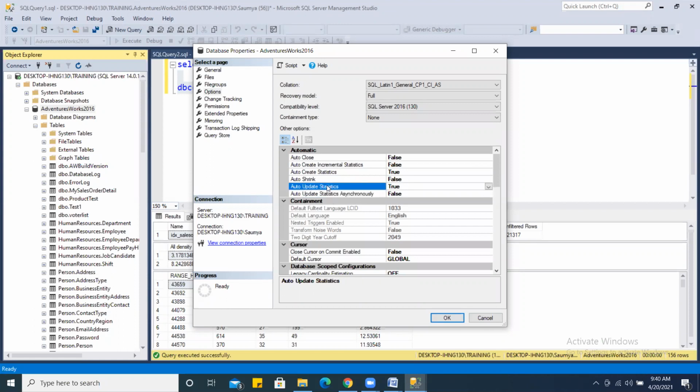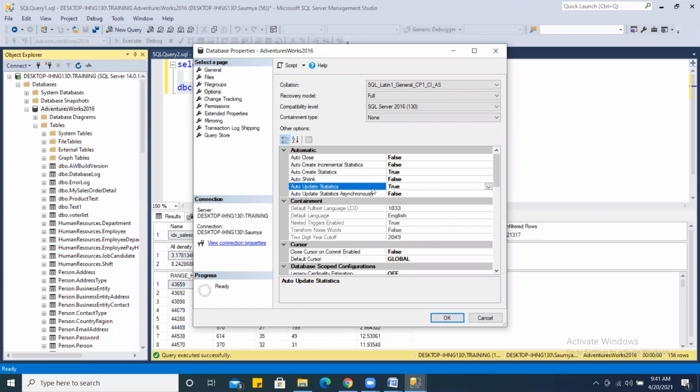The difference between these two is that whenever a change happens in the table, and if that change marks more than 20% of modification, then first statistics will be updated, and after that your query plan will be generated, right? This is the drawback of auto update statistics.